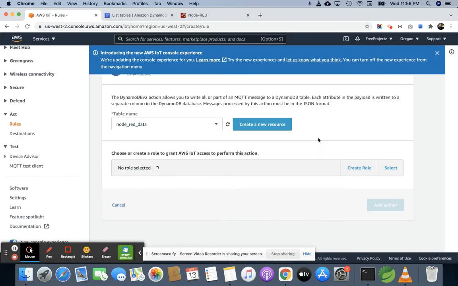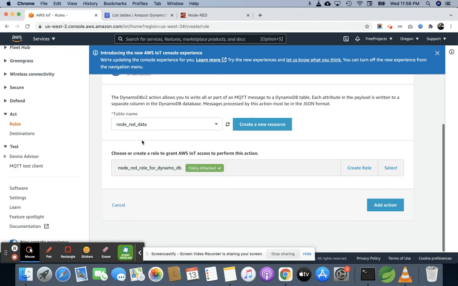Once you click on create role, it will be selected, and you can see policy attached. It will attach different types of policy from which the MQTT data will be inserted into the DynamoDB. Once you click on the add action, it's configured.